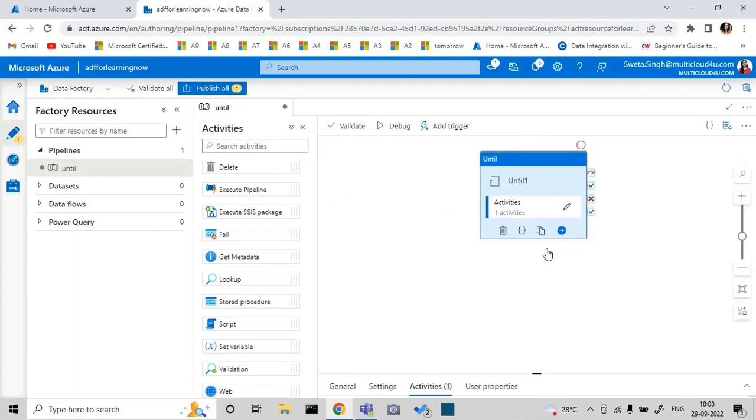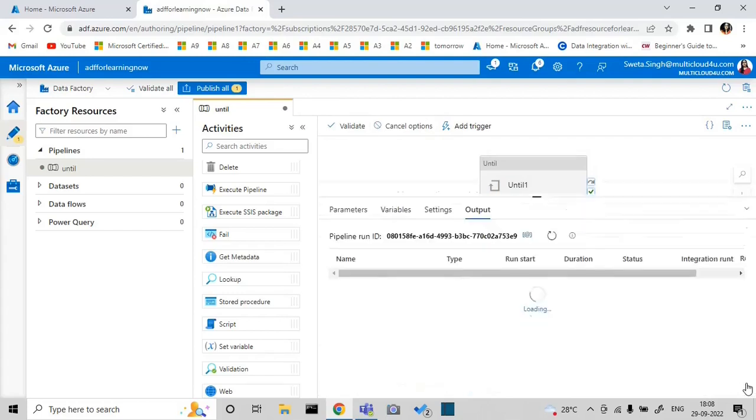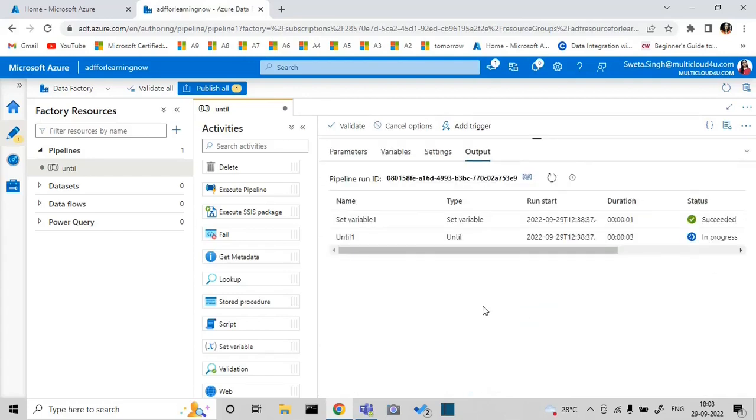So this until activity will execute once, in which the set variable activity will run, and it will set the variable x to true. Okay, so let's do it. Now you can see that the until activity is in progress, and the set variable